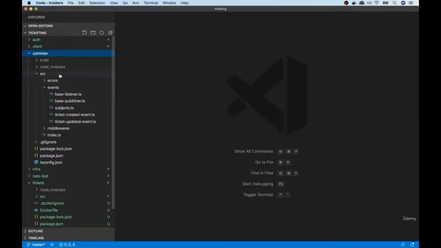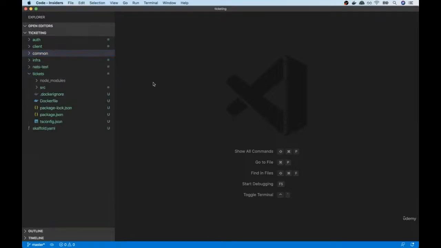Events and listening to events as well. We've updated the version that the tickets service is making use of for the common library. So now our ticket service has access to all that event stuff as well. In this video, the first thing we're going to start to focus on is making sure that whenever someone creates